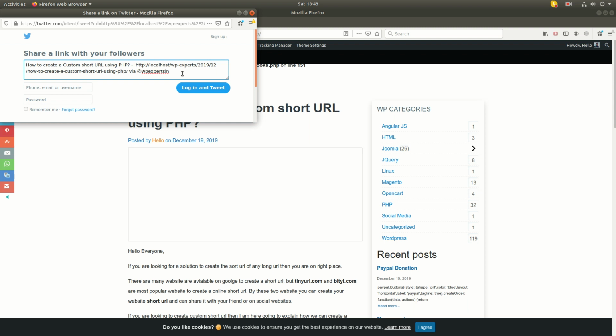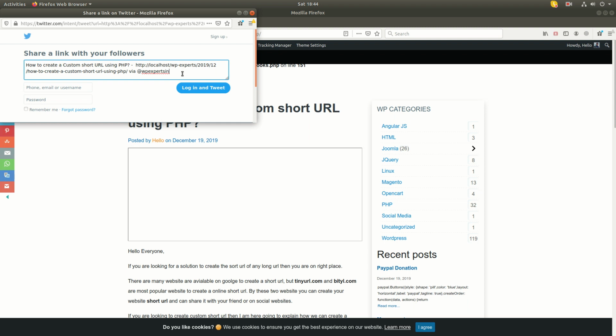So when a user shares your page on their Twitter account, in that case you will get a notification for this tweet, as we are already adding the Twitter account in the Twitter share window.